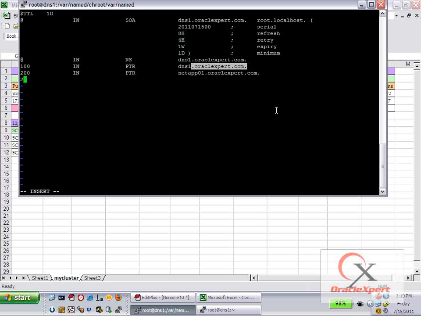Similar way, 2, which is the name pointer record for prithvi.oracleexpert.com. Again a pointer record for the second node, pointer record for the third node,